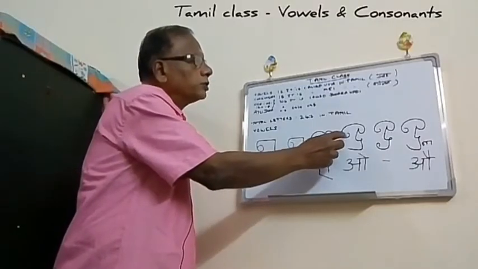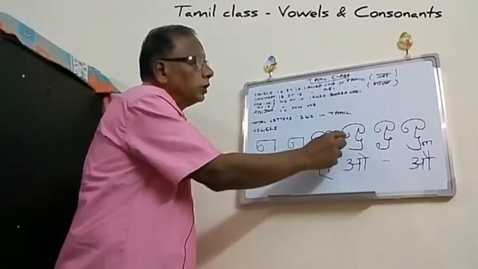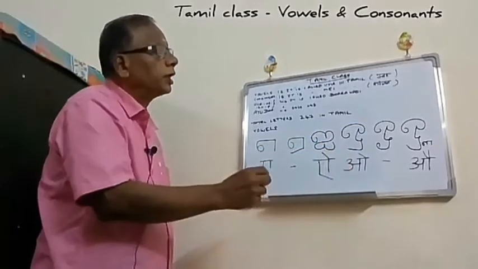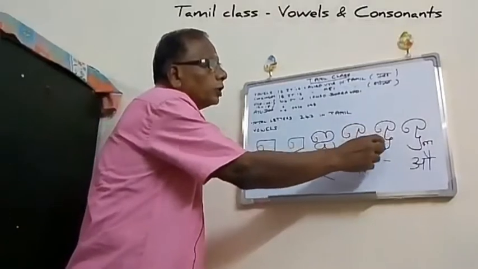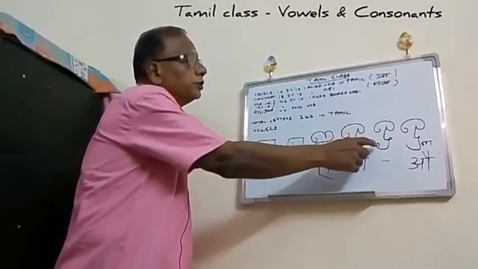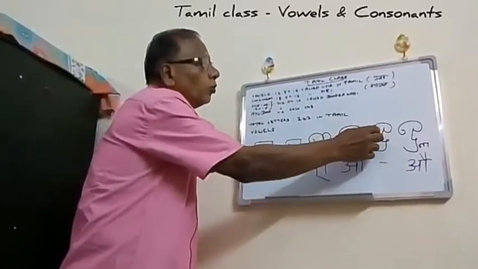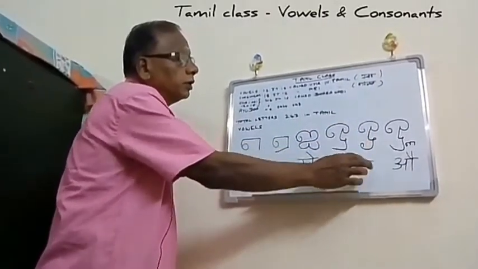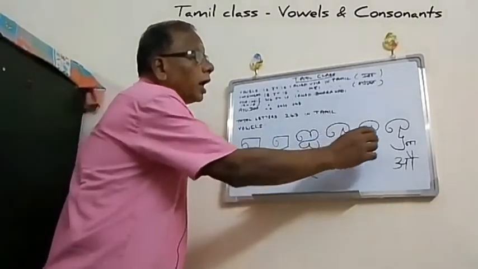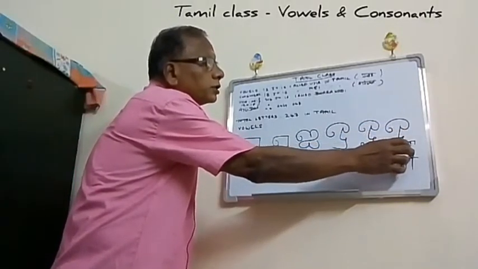And then comes the O letter. It is written like this. Then comes the long O. See, a short vowel is always written without a circle at the back. This circle at the back shows a long vowel. Look at this circle. It's also not found in other languages. It's a special letter. And the last letter is just write O, and this is a small letter. It's called Au.